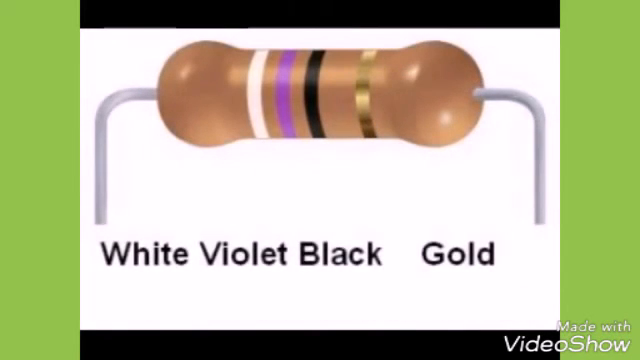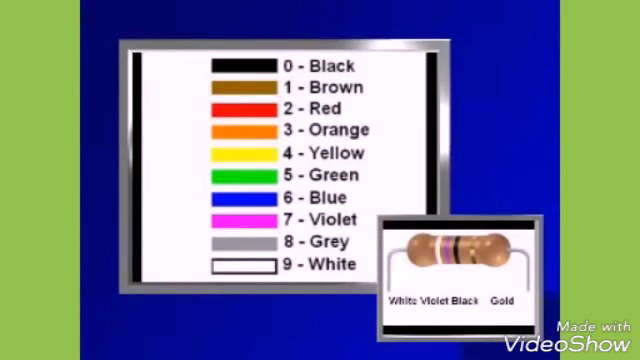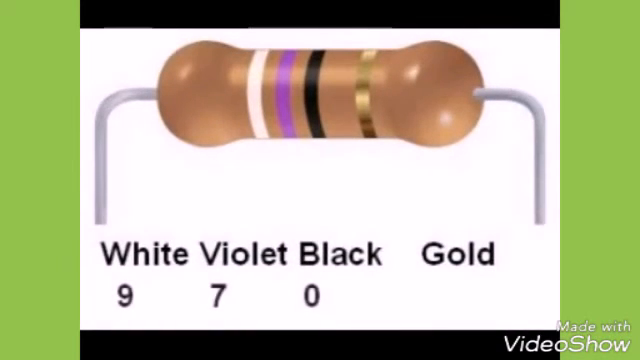Here is another resistor: white, violet, black, gold. White is 9, violet is 7, and black is 0. So the color code reads 970. It is a common mistake to interpret this as 970, but remember the third digit is the number of zeros, so 10 raised to the 0 power is 1. The multiplier is 1. There are no zeros appended to the digits 9 and 7, so it is just 97